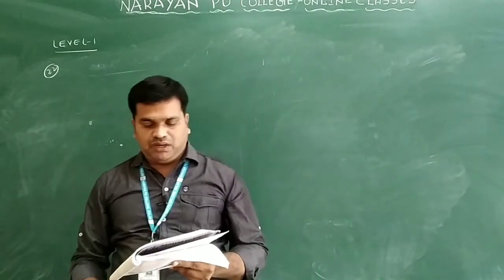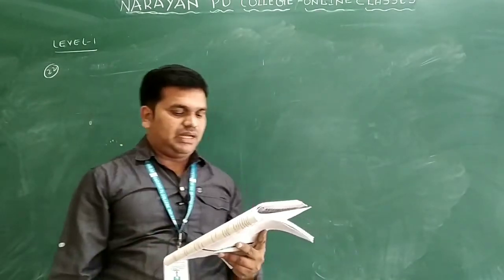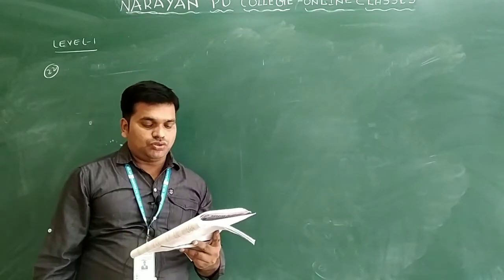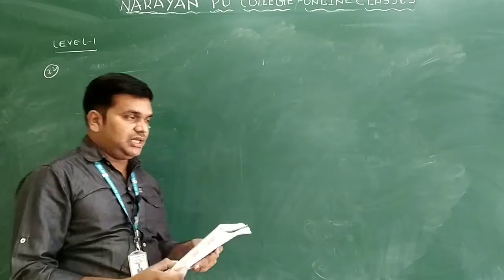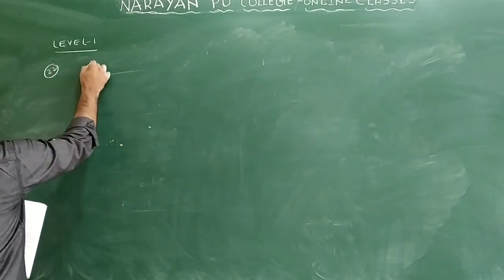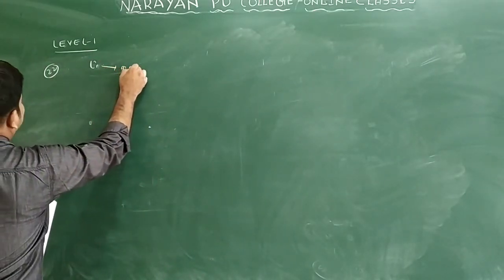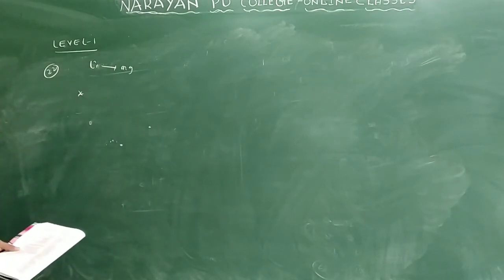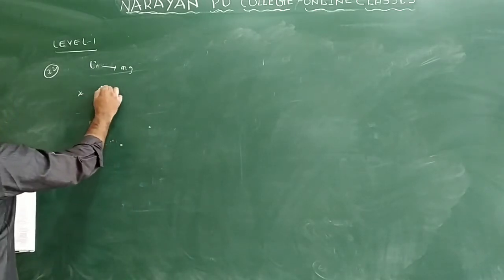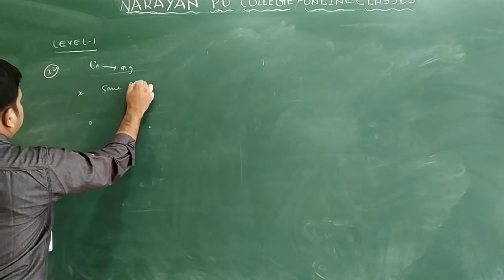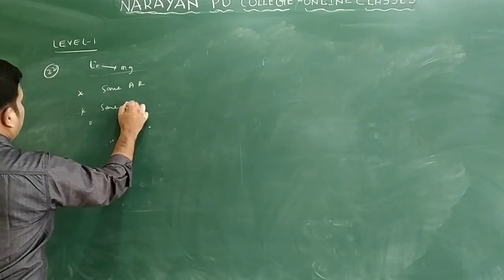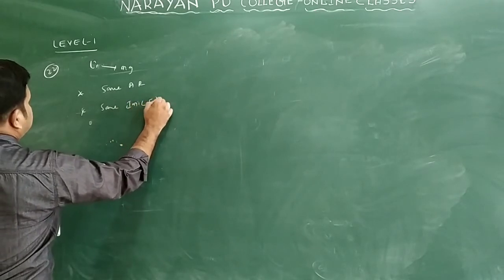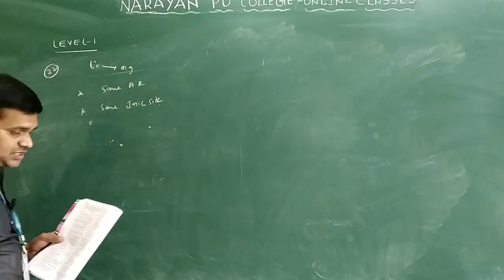So the next question we have is question number 22. Lithium resembles magnesium due to the diagonal relationship, which is attributed to which one only? Generally, lithium is diagonally related with what? Magnesium only. So what is the reason they are asking? They have similar size, same atomic radius and same ionic size only. Already discussed in the diagonal relationship concept.